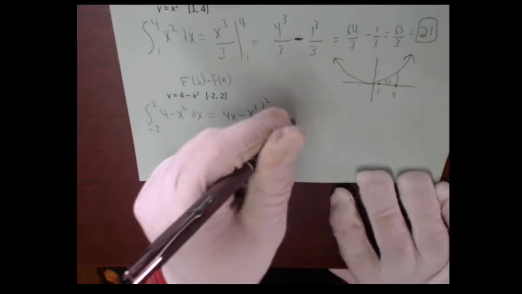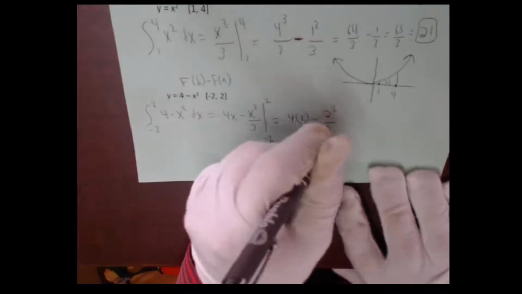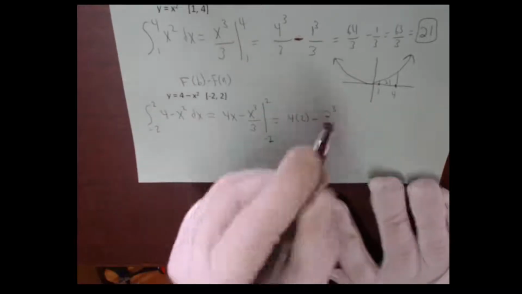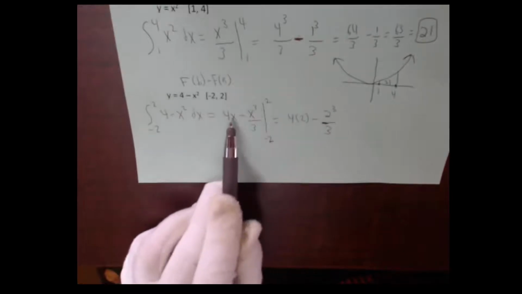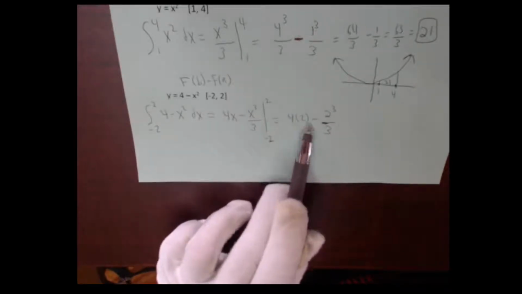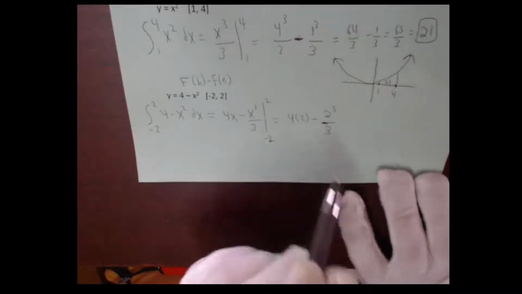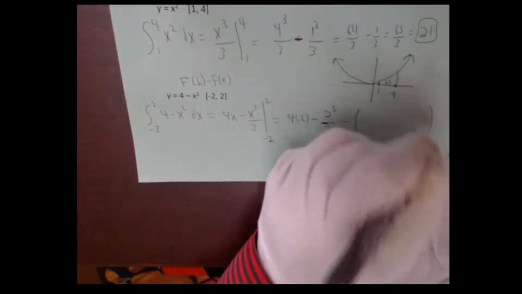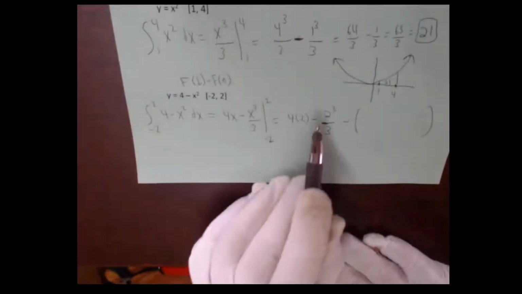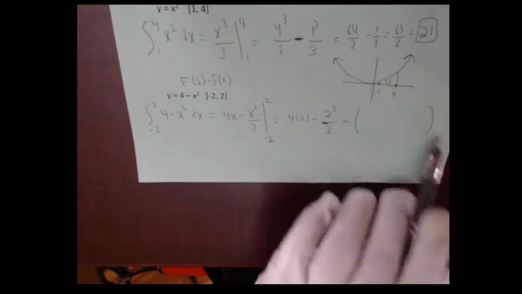First, we plug in the 2, so it's 4 times 2 minus 2 cubed over 3. That's f of b. That's f of plugging in the 2 value. You plug in 2 here and 2 here. We get 4 times 2 minus 2 cubed over 3. Then we're going to subtract, that's this minus sign, and now we need to subtract all of f of a. So I either recommend putting this all in parentheses, or I recommend flipping the sign as you go each time